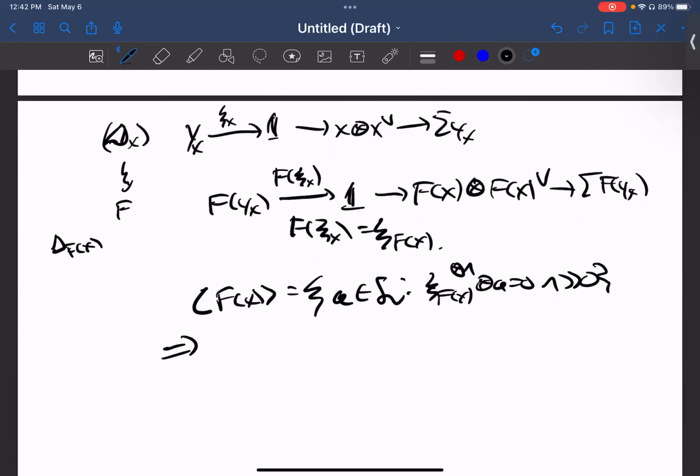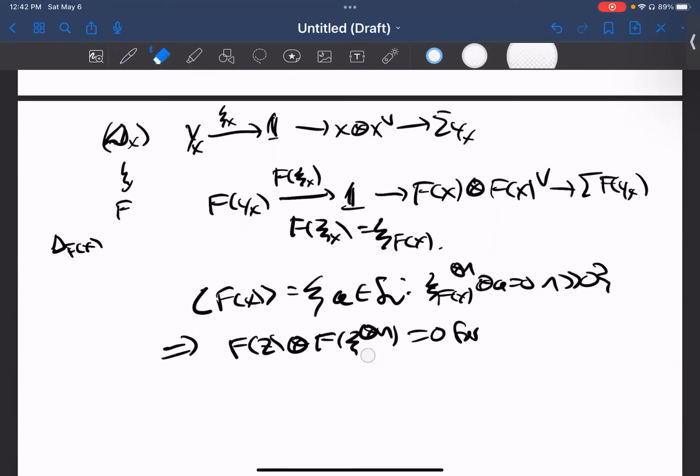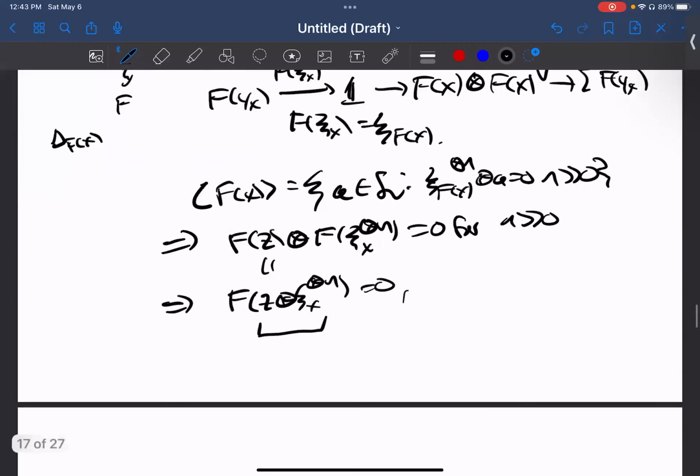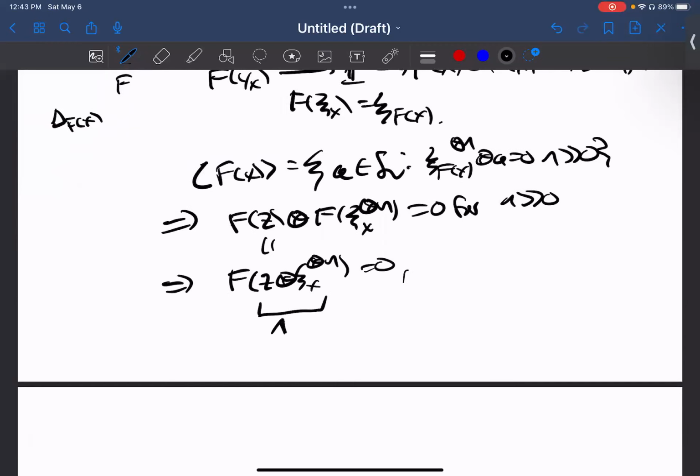So this implies f of z tensor f of x to the tensor n is equal to 0 for n much greater than 0, which implies, well, this here is just equal to f of z tensor x to the tensor n is equal to 0. But note that this here is in K. So by nilpotence detection,